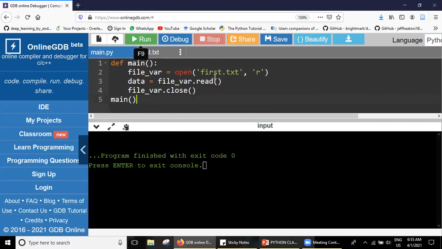I didn't understand the question. So I have read the file using the file object and I have stored it in the variable data. Okay, but I am saying, why am I not seeing the output? Whatever the file has here, it has to be displayed on my console. Why am I not getting it?